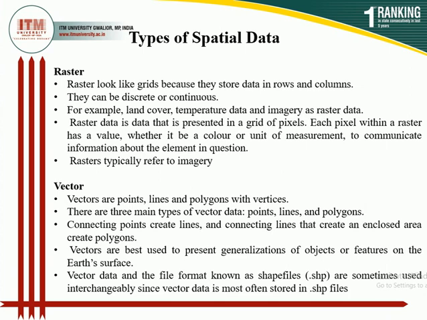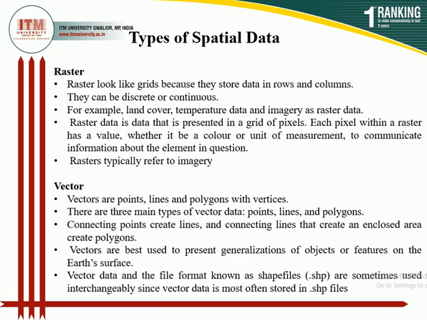The boundaries are homogeneous or smooth in the vector data, but jagged or stepped appearance type of boundaries are present in the raster data. Raster data have grids, or the data are present in the form of pixels. In vector, the data are present in the form of lines, polygons, and points. Complex types of analysis can be done easily with the help of raster data. Complex types of analysis cannot be done with the help of vector data.